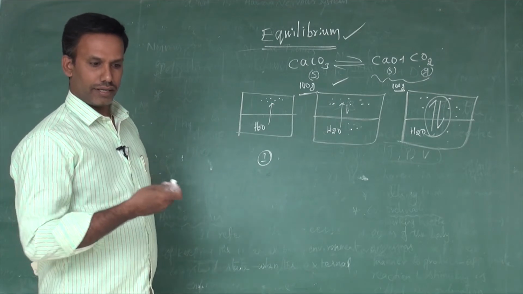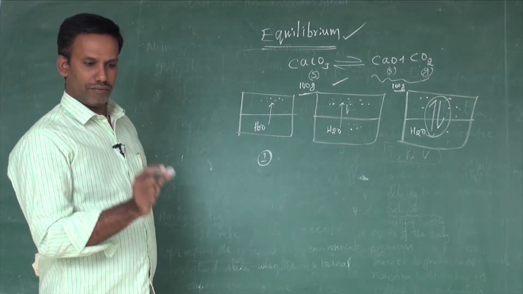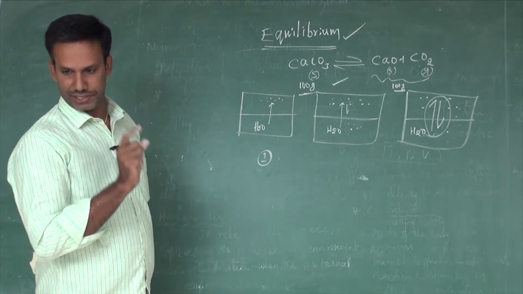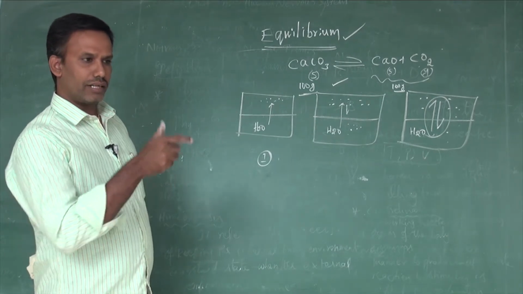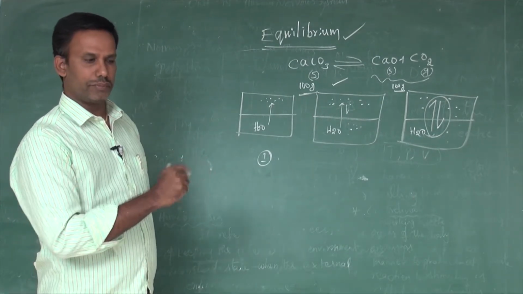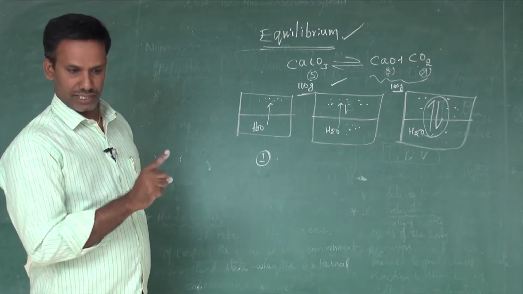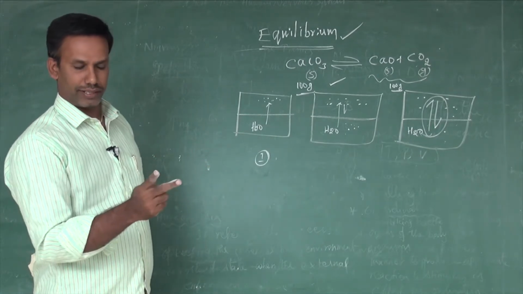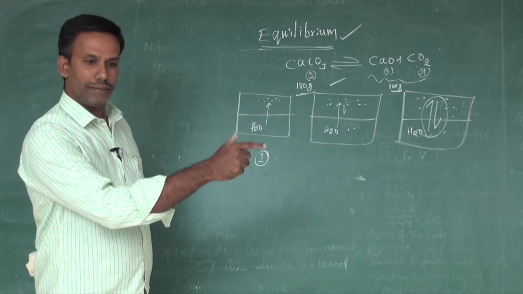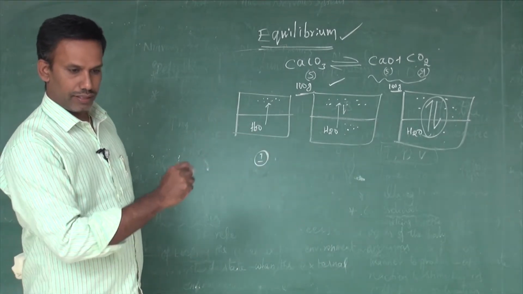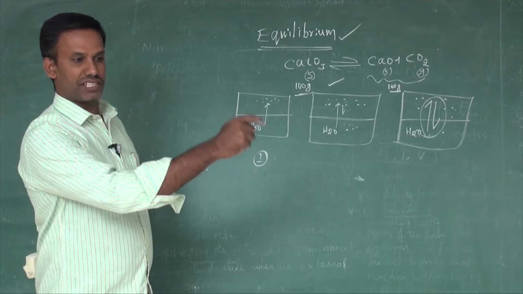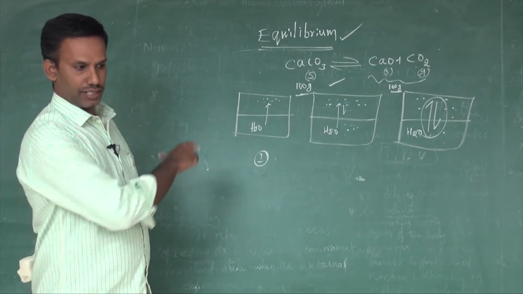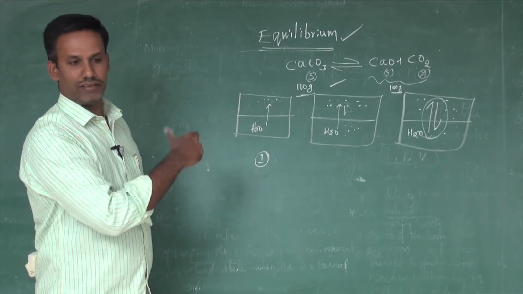Let me recollect all those. Equilibrium is a process where both the forward and backward reactions take place simultaneously with equal rates. This is the first point. Then what are the conditions for an equilibrium process? It should be taken in a closed vessel. There should not be any change in the masses of the reactant and the product. That means the mass of the reactant should be equal to the mass of the product. Then the temperature, pressure, density, viscosity, all those variables should be constant during the reversible process. These are the conditions or characteristics of equilibrium.